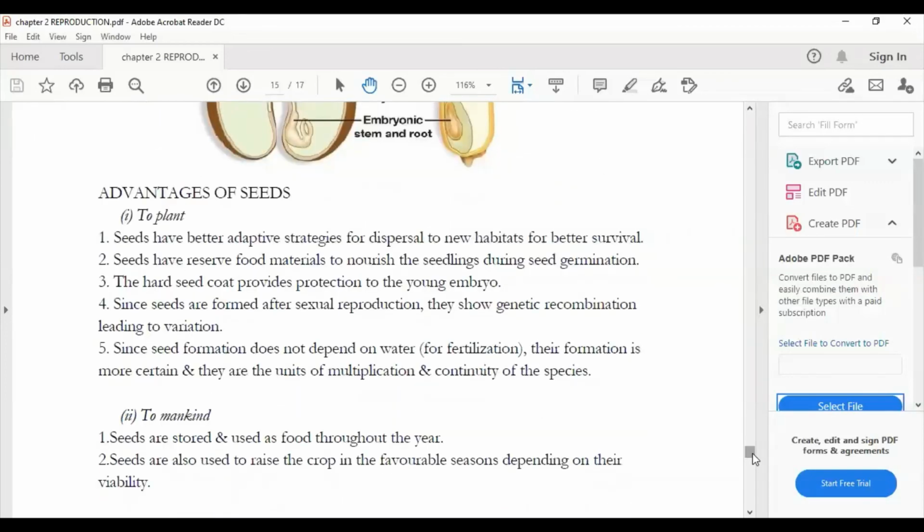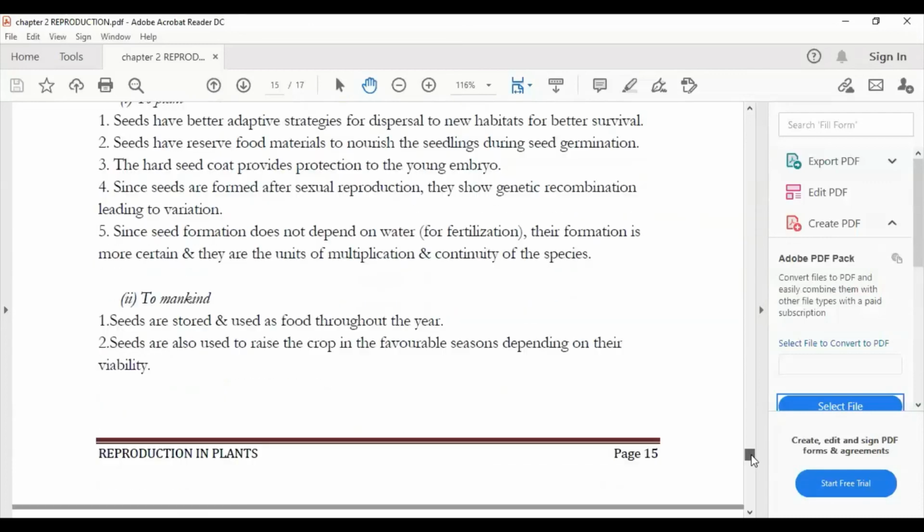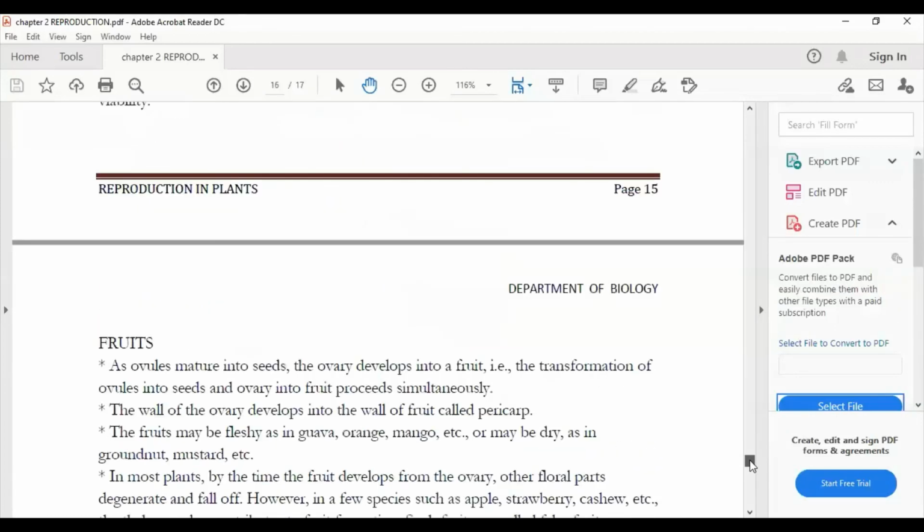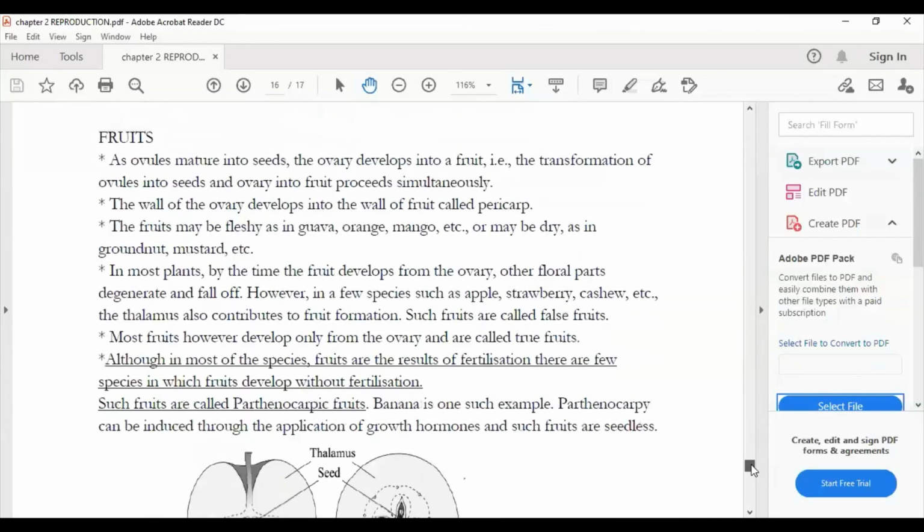Advantages of seed, yes, this will be asked. So when advantages of seeds are asked, you are supposed to write advantages to the plant and write the points, and to mankind, what are the advantages to mankind, and then write the points too. Moving on to fruits, ovary,